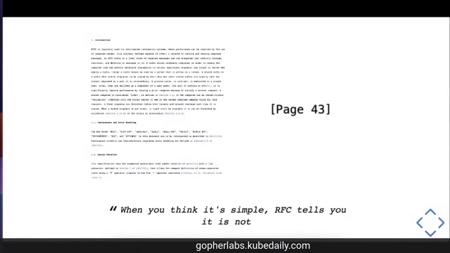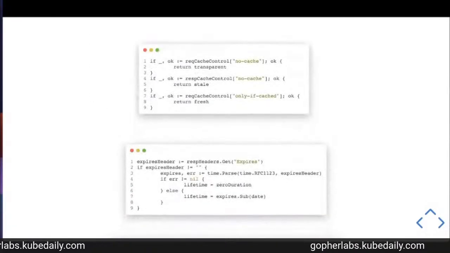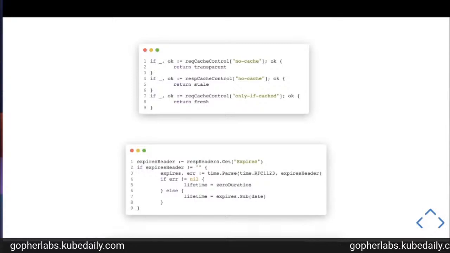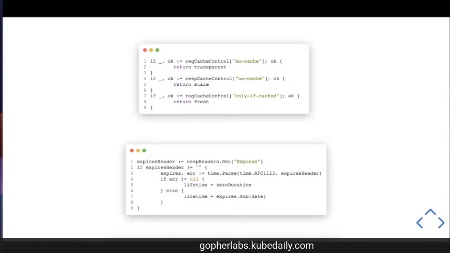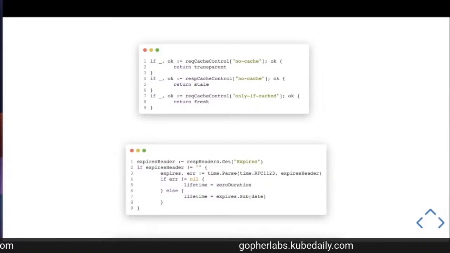Then when you're implementing an RFC, you realize it's just if-else conditions, as you can see in this example, to manage the Cache-Control header. It's just conditions after others to be able to test every case. The same thing for the Expires header, to check if it has already expired or is always good to be served, for example.